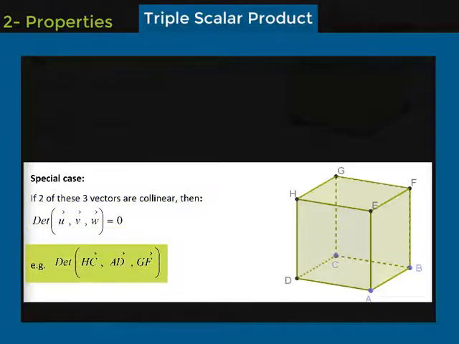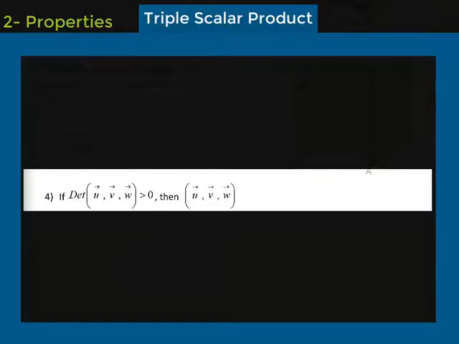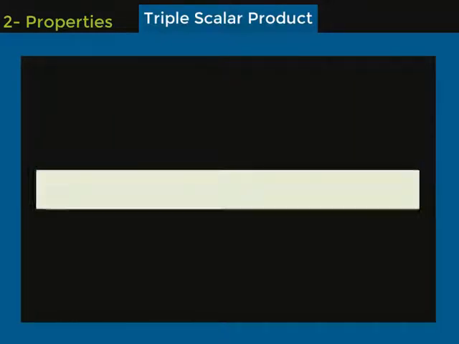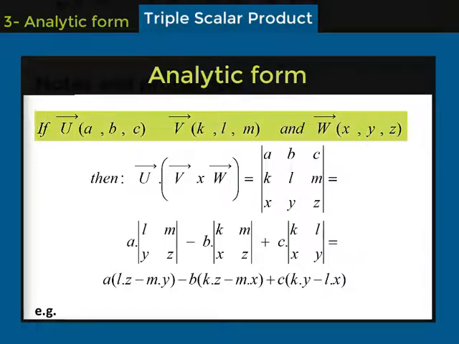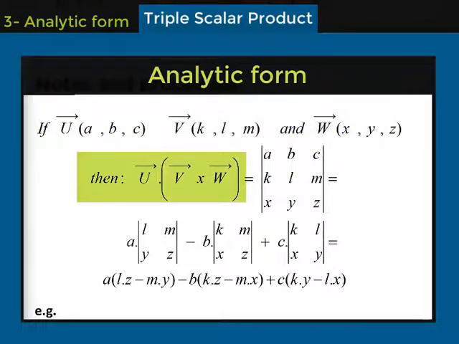Example. While finding this determinant, we notice that the vectors AD and GF are collinear, so the determinant is equal to 0. 4. If the determinant of u, v, w is positive, then the system u, v, w is a direct system. Given three vectors u, v, and w in an orthonormal system, then their triple scalar product is given